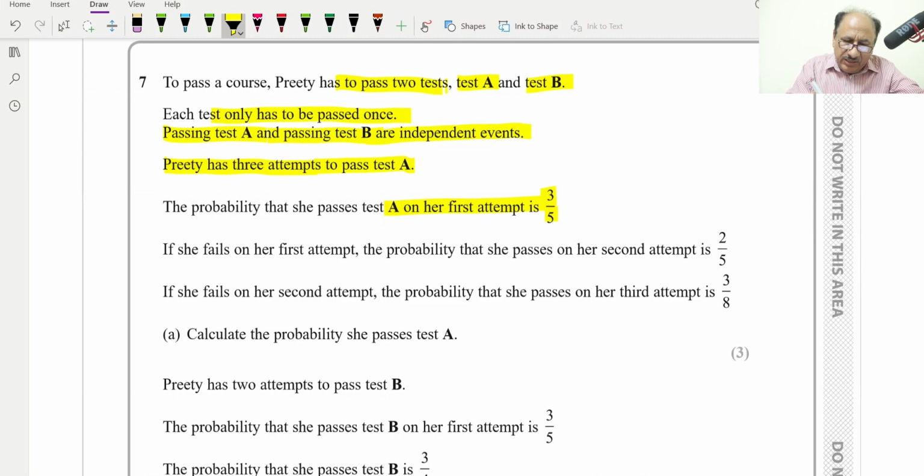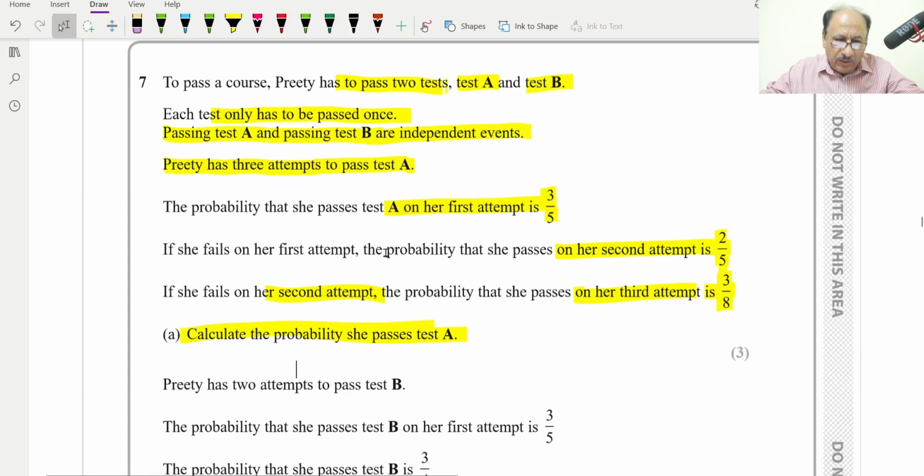If she fails on her first attempt, the probability that she passes on her second attempt is 2 by 5. If she fails on her second attempt, the probability that she passes on her third attempt is 3 over 8. Calculate the probability that she passes the test